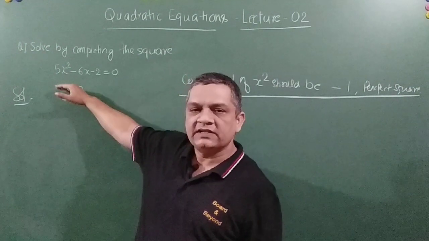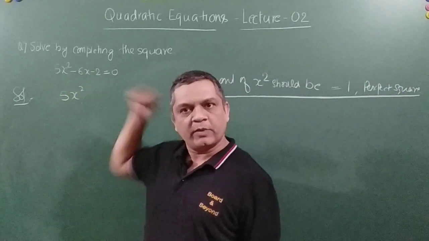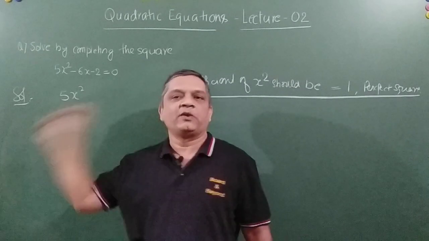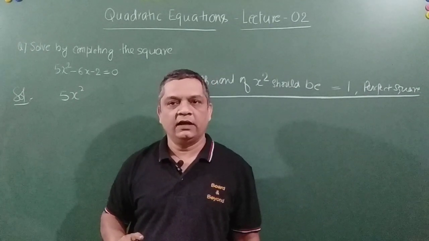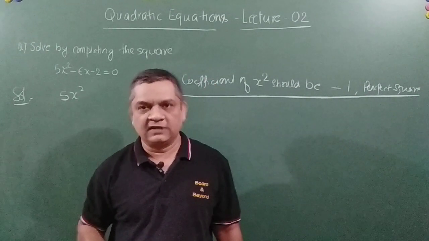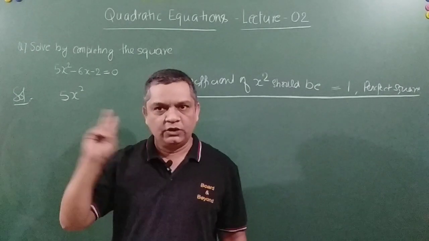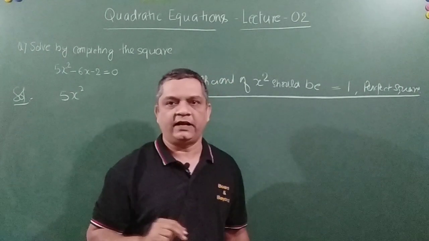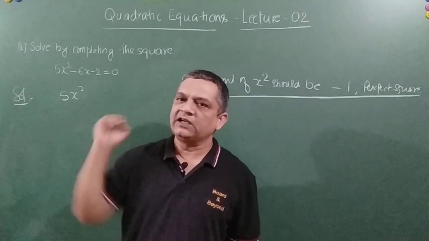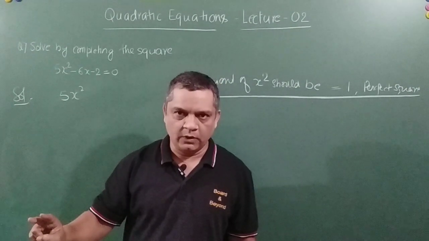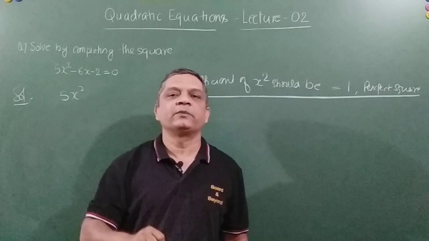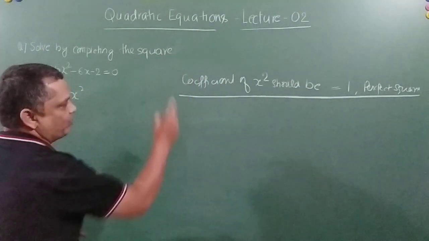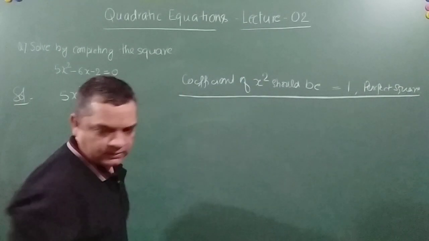Now one option is that I divide this throughout by 5. Another option is that I multiply the whole equation throughout by 5. Okay, either way you can solve it, right friends? I will use one of the methods, you can try one of the methods at your place, right? One is that I will just multiply it with 5 and then do the sum, okay? You can basically divide it by 5 and then do the sum, right? Right friends. Okay, so please keep this in mind, very, very important.